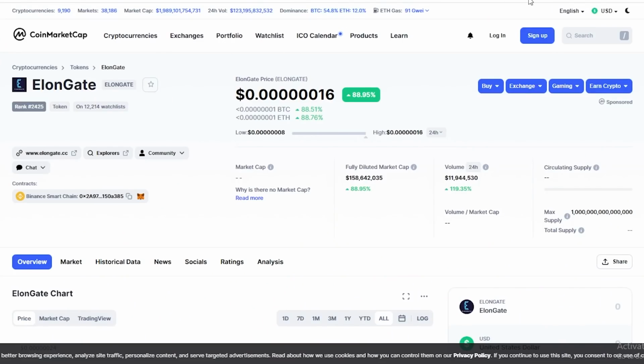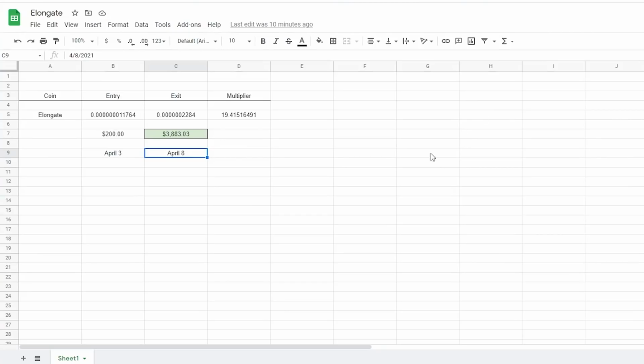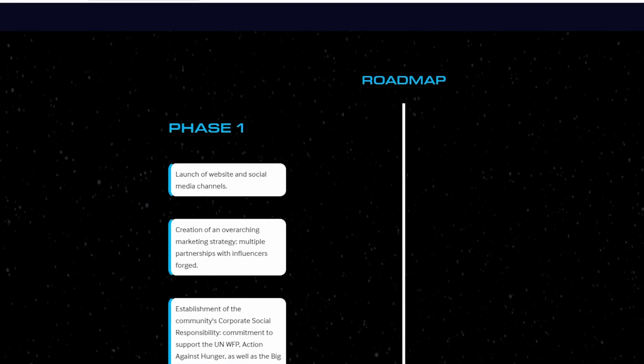And today we're going to go over a brief overview of some of our Elongate trades. Both of us have done well on them. I've brought up a very minimal trade journal here on the recent coin. And as you guys can see, I did just under $4,000 in approximately 5 days with this Elongate trade. So we're going to go over it here in a second.